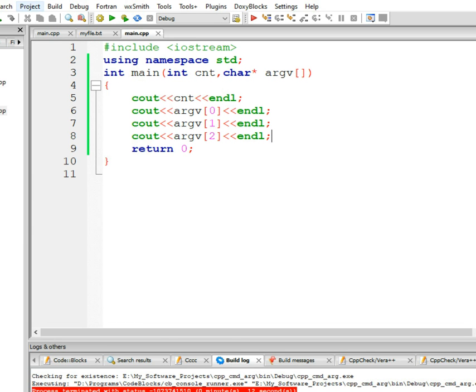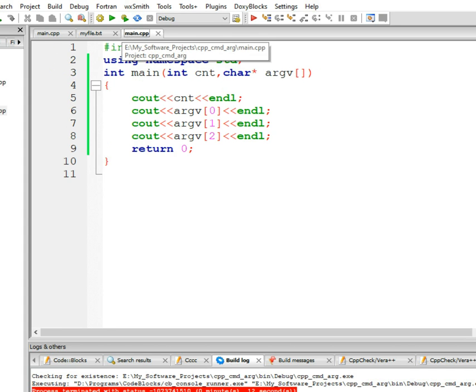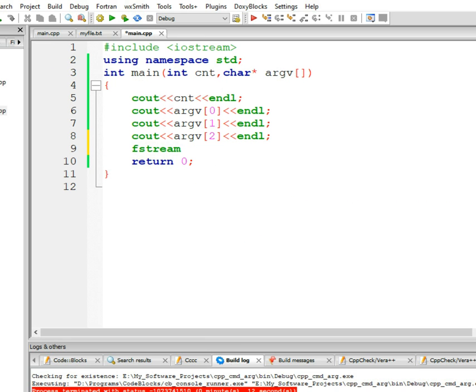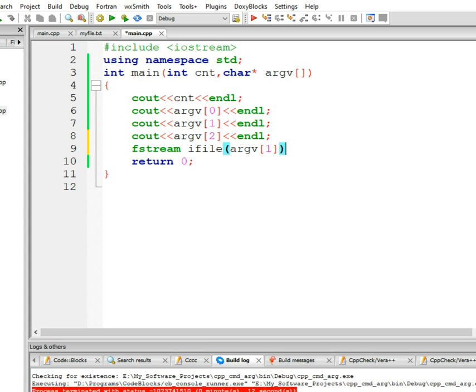Also I have shown how to configure the command line arguments in Code::Blocks. Here you can pass myfile.txt as a command line argument. For example, assume we have an object of fstream, and I am calling it ifile, and I can say argv of 1. So this argv of 1 is going to act as an input to my ifile.